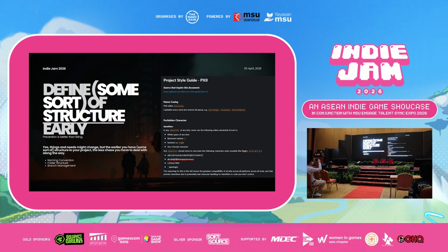But do make sure you have some sort of folder structure. At least, okay, art assets should be placed inside a single folder, and then blueprints should be in a single folder. So I will definitely recommend you guys do a style guide. So when people start and jump into your project, at least they know, okay, I'm a shader artist, I know where my shader should live. I'm a dev, I'm a programmer, I know where my blueprint should live. And doing this early will save you a lot of time and a lot of stress.